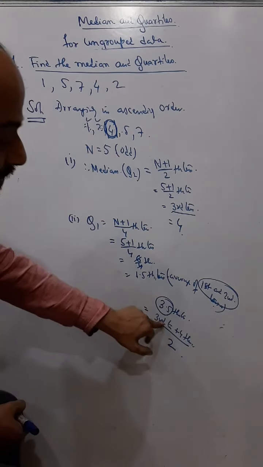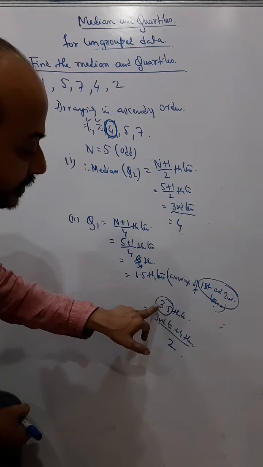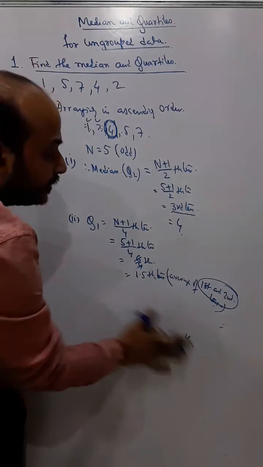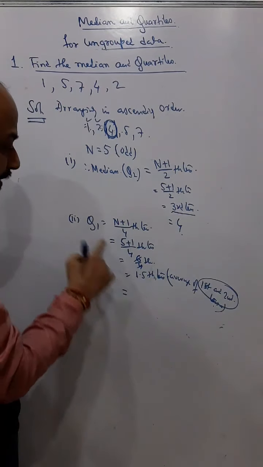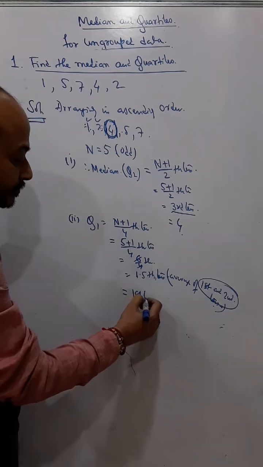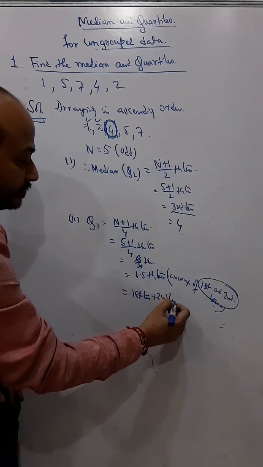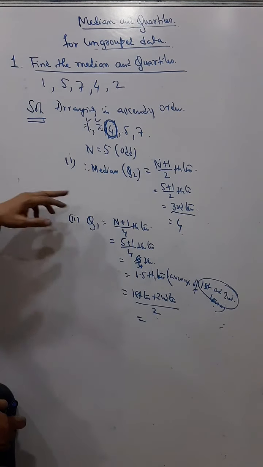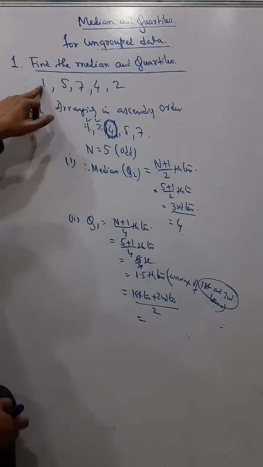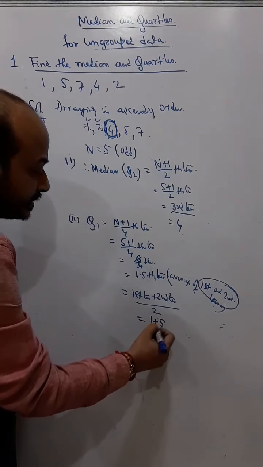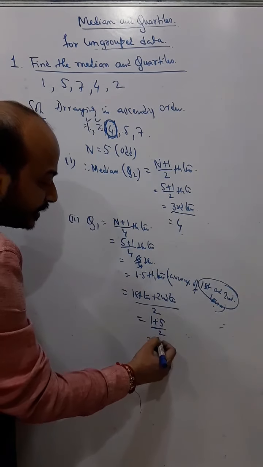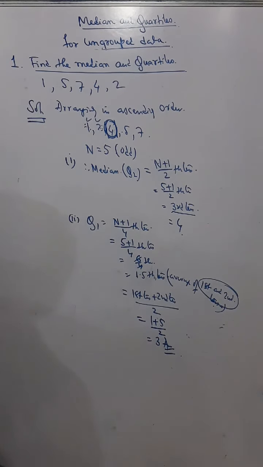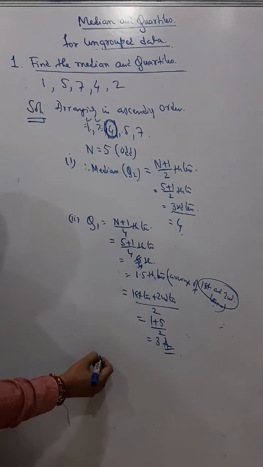So you can understand it's 7 by 2, that's 3.5 term. 3.5 actually means third term plus fourth term and divide by 2, right? Here we got 1.5 term, so therefore I get quartile as first term plus second term and divide by 2, so that will be my quartile. Okay, that means Q1. So first term is 1 and then it is 5 and 2, so 6 by 2, so I get 3 is my quartile. That's the first quartile.